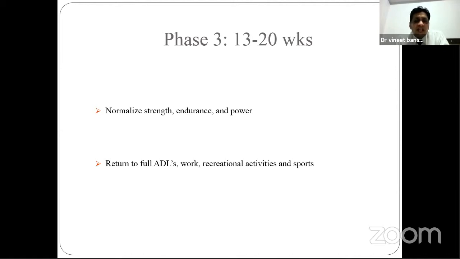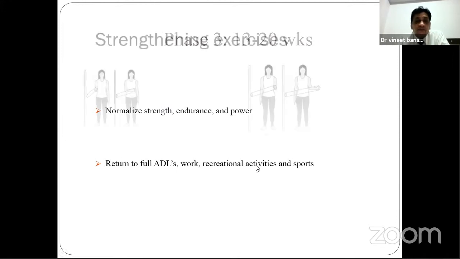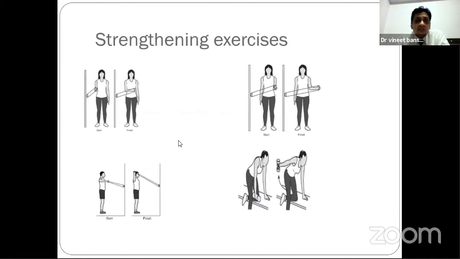And in this phase, we started to do some swimming as well, some breaststroke swimming. He liked to do swimming, so make sure not to do overhead shoulder movements, which are not stressing his joint. And our aim was to get back to his full activities and recreational activities and sports by the end of this phase. So strengthening exercises continue with the higher resistance band, which is a different color, and more repetitions,